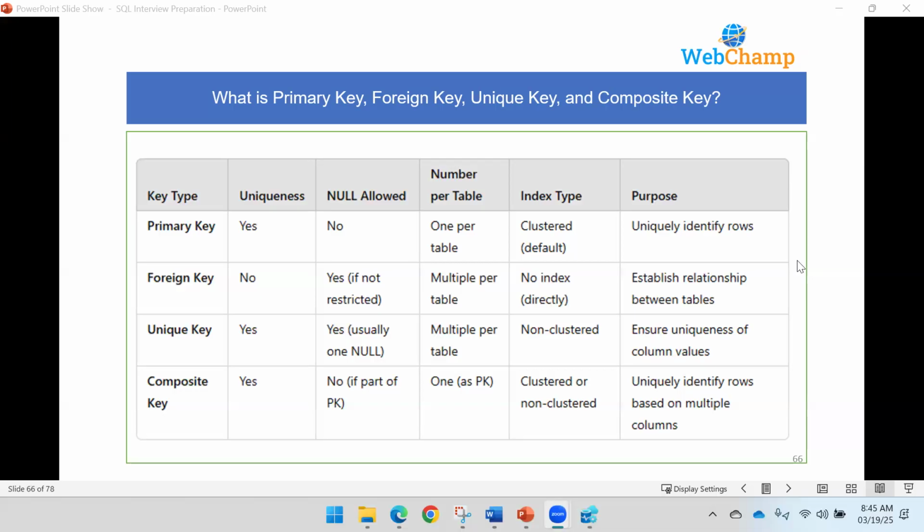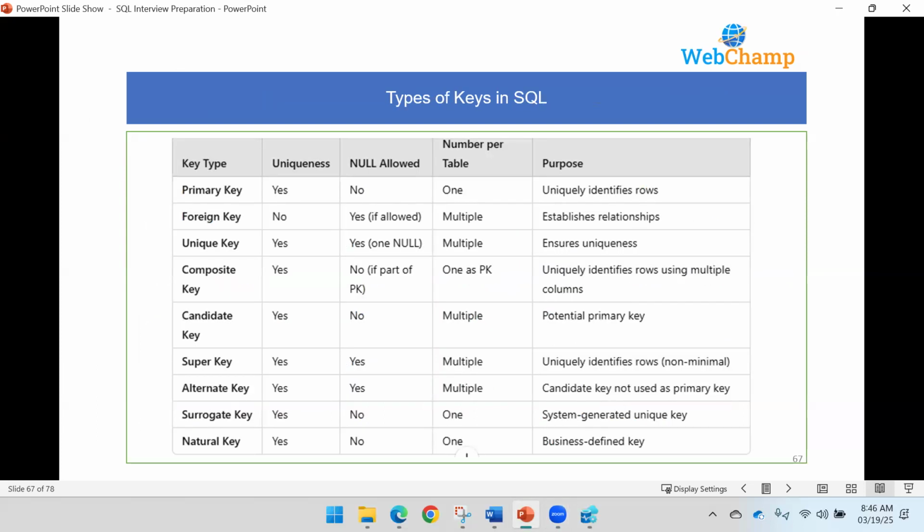So these are the four main types of keys you will see, but there are still a few more types of keys in SQL. After primary key, foreign key, unique key, and composite key, there is something called candidate key. What does this mean? The column that can be qualified as a primary key, we refer to that column as a candidate key,